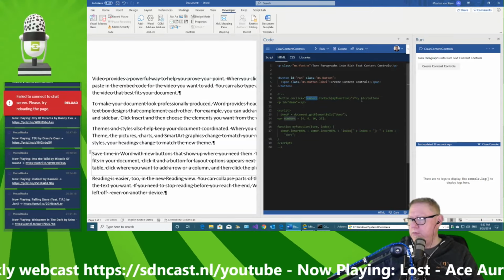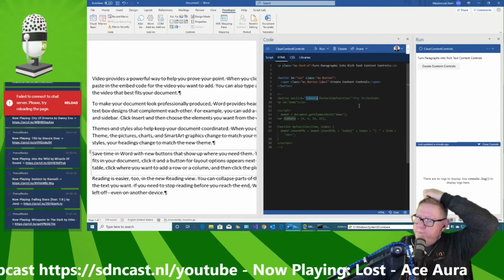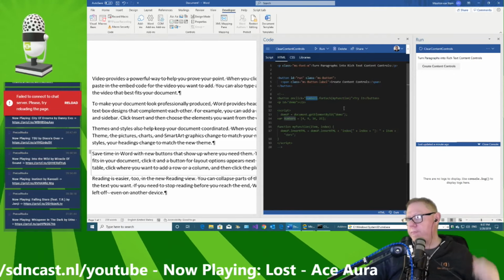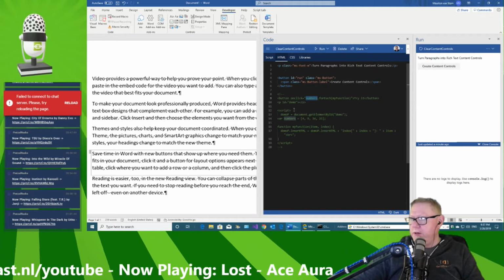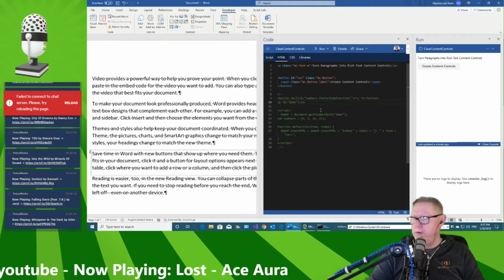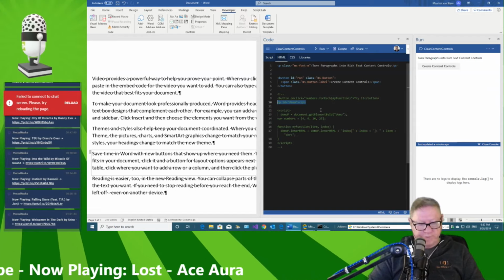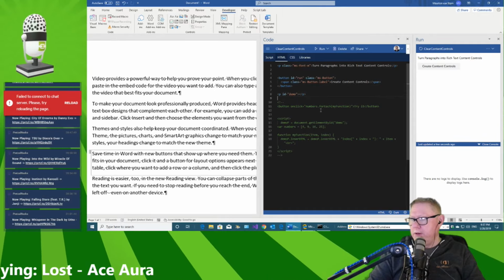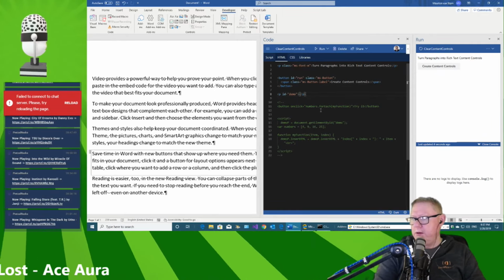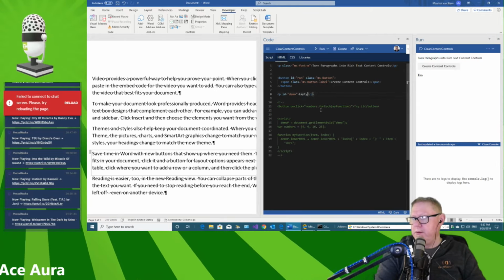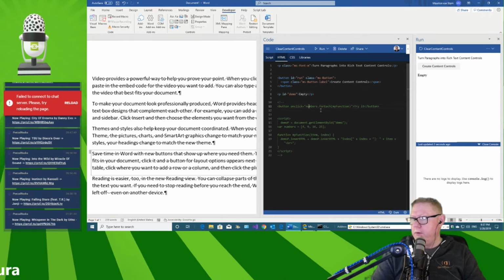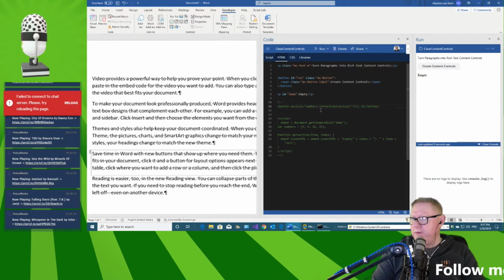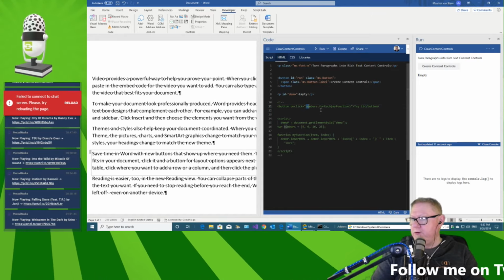Okay, numbers for each. So I need to put in the demo tag. That is currently empty, but I should be empty. And instead of doing this, numbers for each my function,